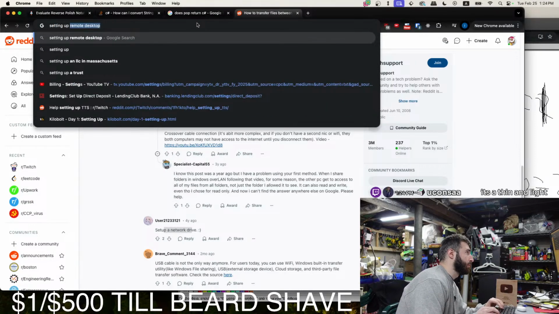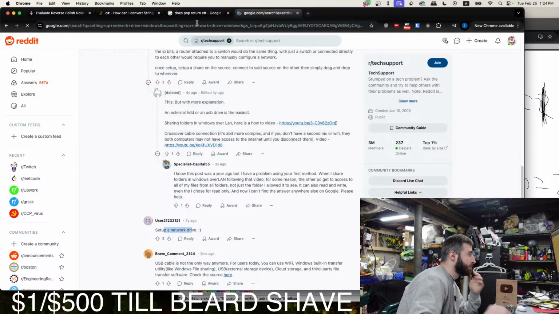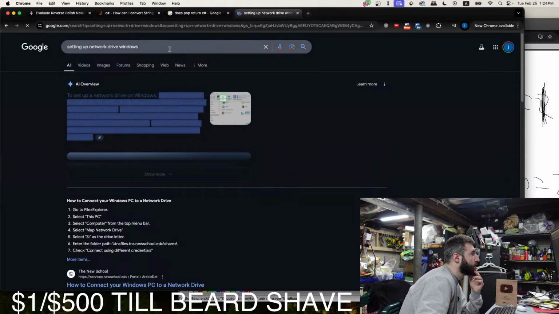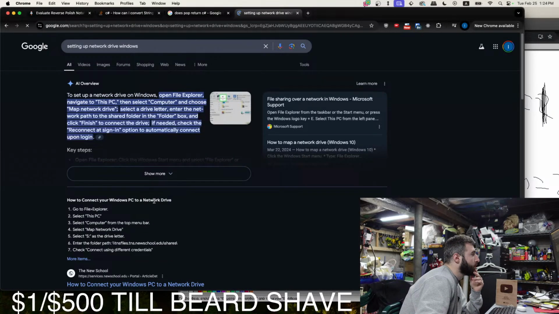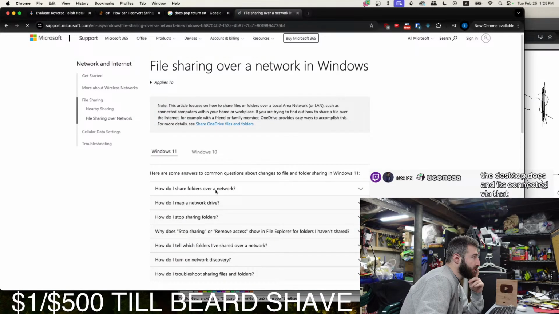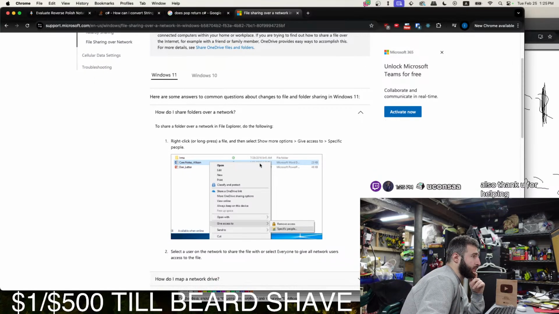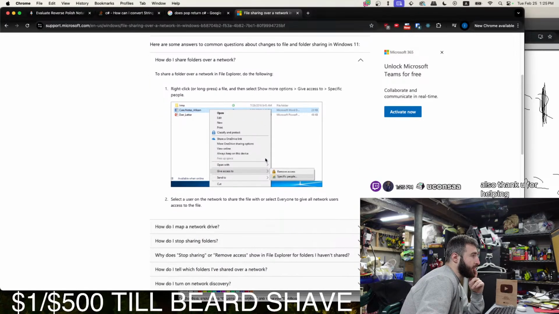Setting up network drive, Windows. The desktop does and is connected via that. All right. How do I share folders over a network? All right, so right click or long press a file and then select show more options, give access. Of course, Ukansa.